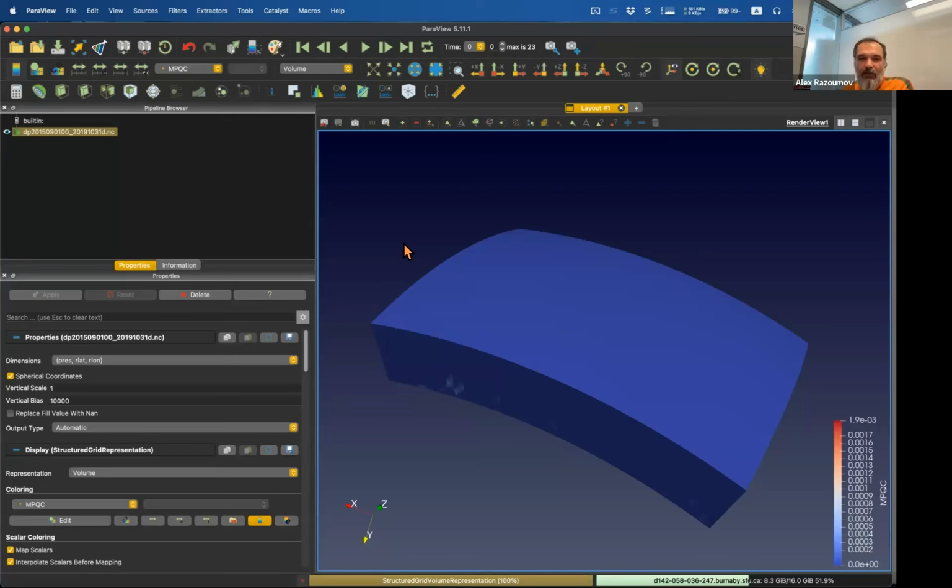So ray tracing, volumetric view is essentially ray tracing through the volume, and ray tracing in spherical, in curved geometries takes a very long time in general, right? So this is the reason why I suggest that instead of visualizing this data in spherical geometry, you actually transform it to a flat geometry, to Cartesian mesh, and then ray tracing will just take a small fraction of a